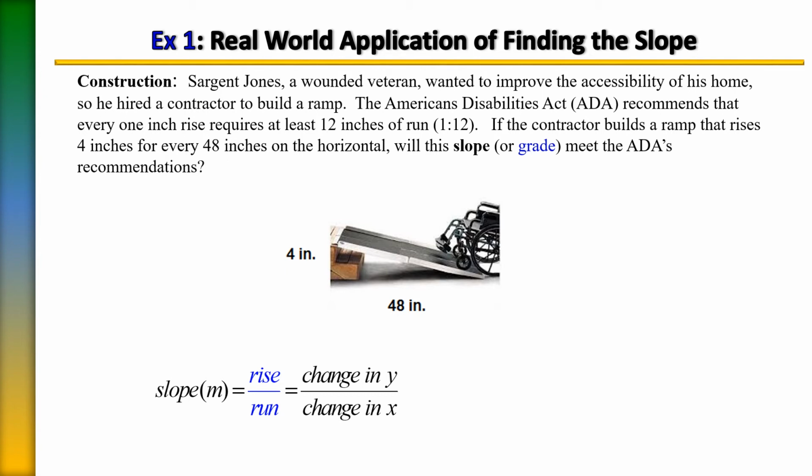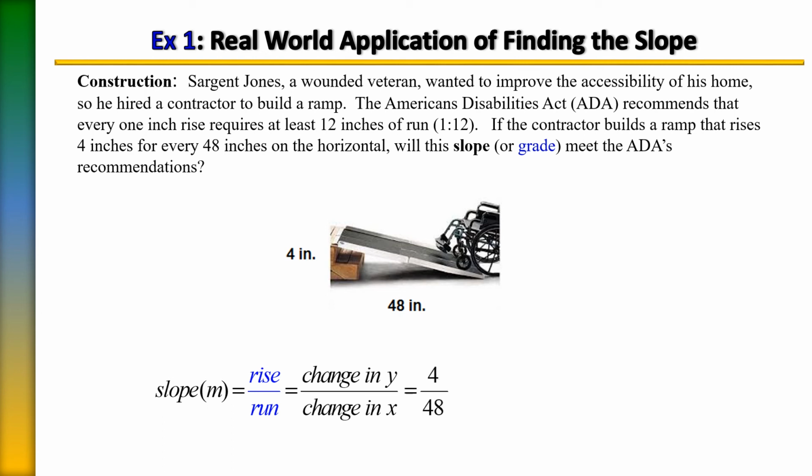Well, let's plug in the values we were given to see. So the slope is your rise over your run. If you will notice in the diagram, the rise of the ramp is its height, which is 4 inches in this case. Your horizontal run is its length, and here we have 48. So when we write these values, the rise of 4 over the run of 48, we have a fraction of